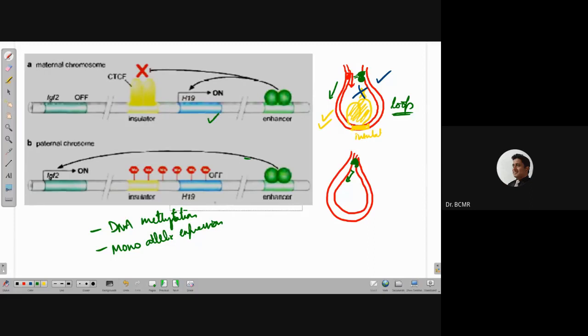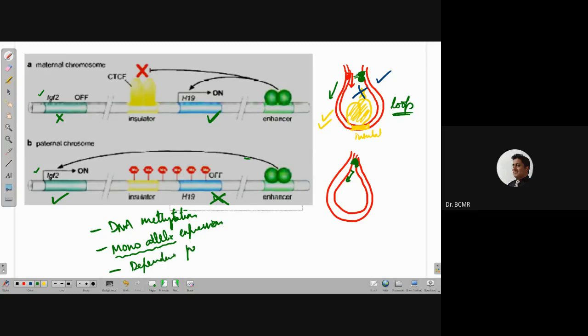Here is one copy and here is another copy. Even then, there is only expression from one and the second one is off. That is monoallelic. Only one copy is expressed. The same can go for IGF2. You have two copies, but only one of it is expressed. That is monoallelic expression. The third part is that expression should be dependent